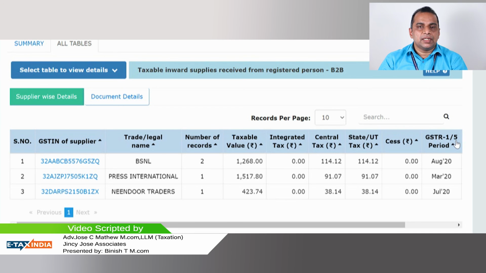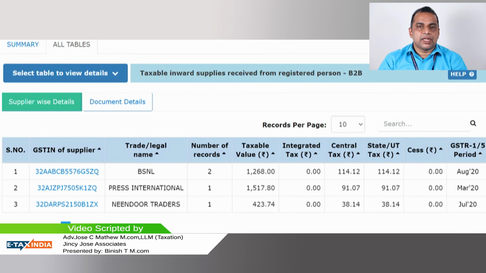It will automatically get reflected in your monthly return, and when you are paying the tax, the eligible ITC will be shown in GSTR 3B in future. As of now, that feature is not available, but in future we can expect that particular feature.